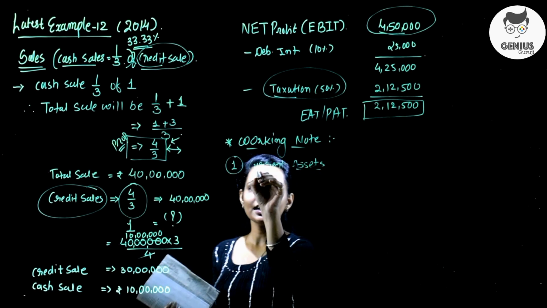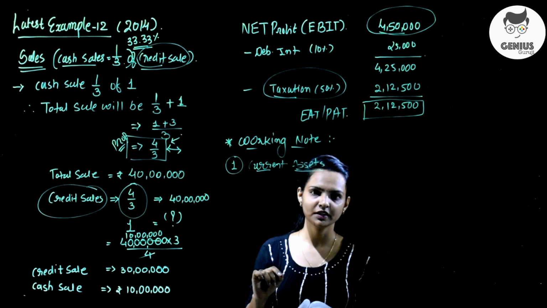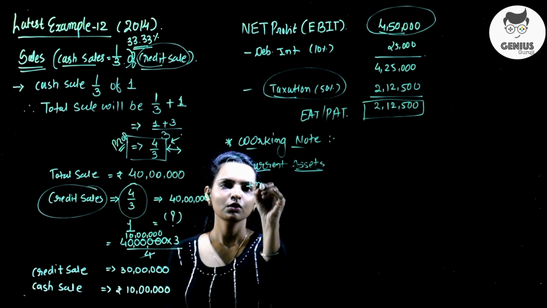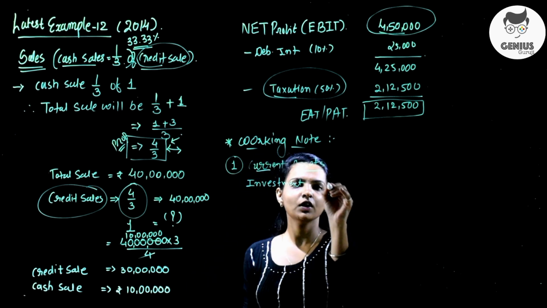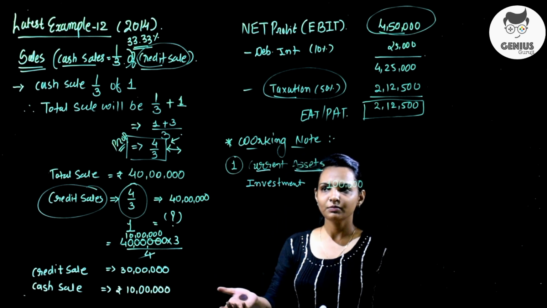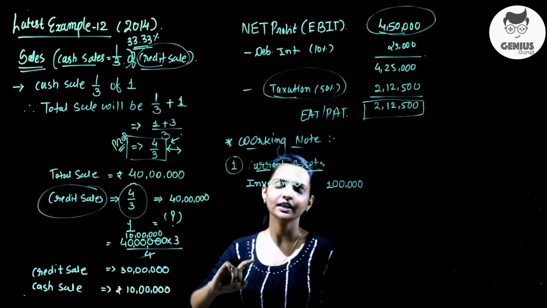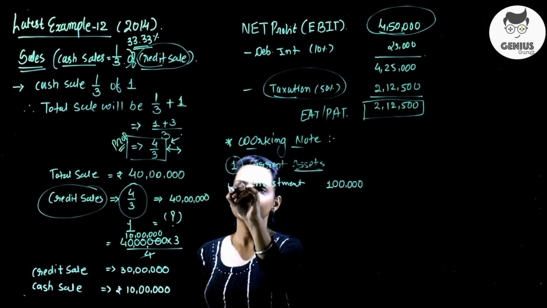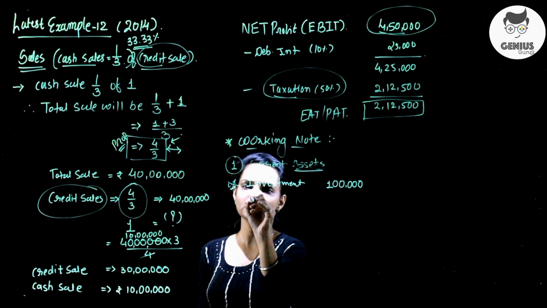Okay, now let's start the calculation of current asset. In your example they have mentioned on the asset side investment, but in brackets they are saying that it's a short term investment, so investment of rupees 1 lakh will be included in current asset. लास्ट लेक्चर में मैंने समझाया था कि अगर आपके इन्वेस्टमेंट शॉर्ट टर्म है तो आपको उसको करंट असेट के टाइटल के अंदर लेना होगा, but if they are not mentioning they are short term, at that time it will be converted into long term. Okay, clear? और वो यहाँ पर नहीं आएगा. After that, closing stock.